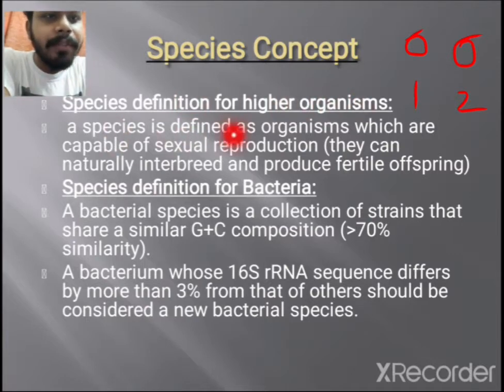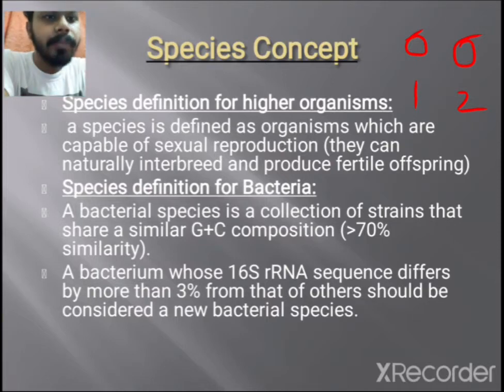A species is defined as organisms which are capable of sexual reproduction. That means they can naturally interbreed and produce fertile offspring. So for example, if these two organisms can naturally interbreed with each other and produce fertile offspring, then we can say that these two organisms belong to a single species. Okay, so this is the definition of species for higher organisms. If they naturally interbreed with each other and produce fertile offspring, then we can say that they belong to the same